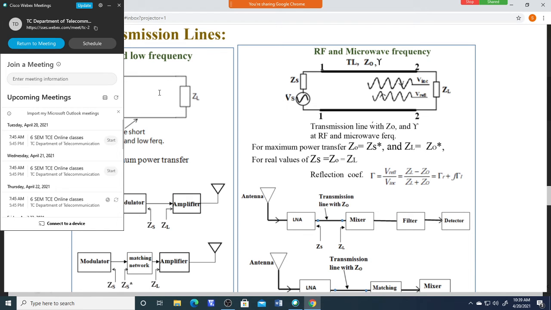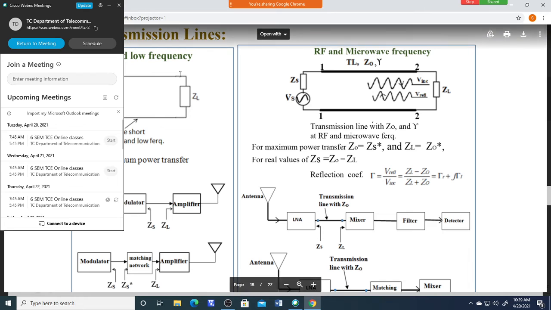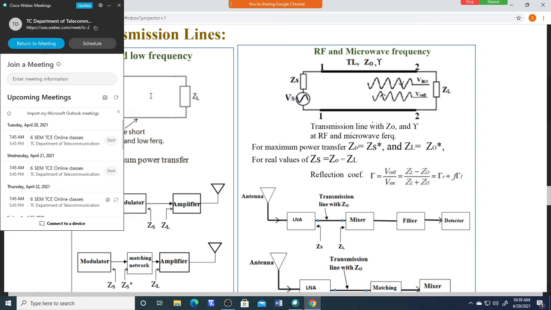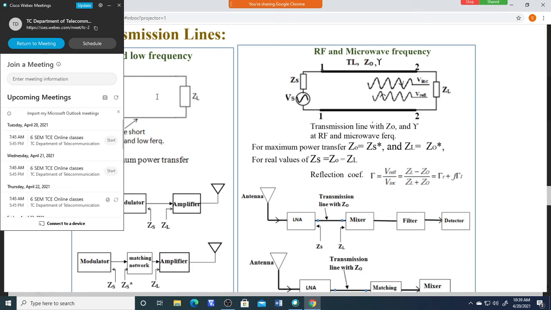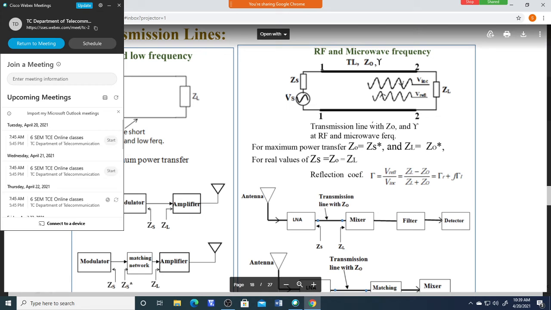At low frequency, we apply this equation; without Ohm's law we cannot do it. What is Vs divided by Rs plus RL? That is Ohm's law, which gives the current here in the case of low frequency. The current is the same over this entire length or circuit: Is is equal to Vs divided by Rs plus RL.